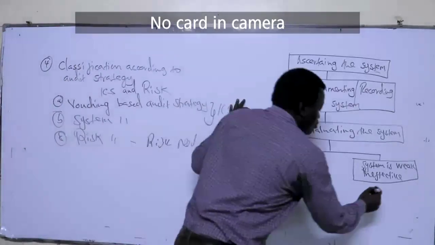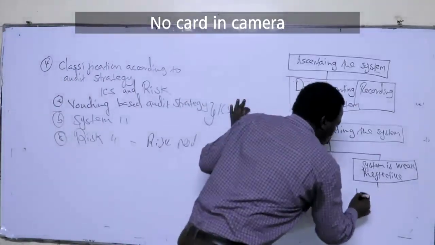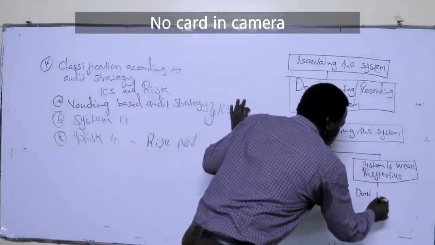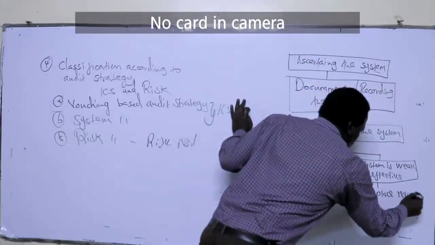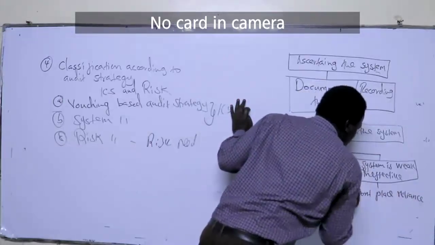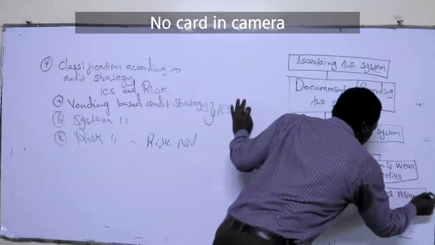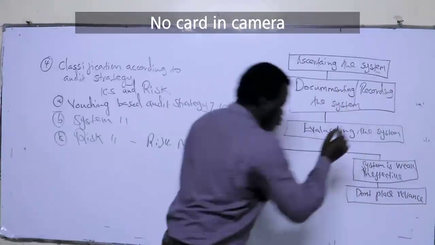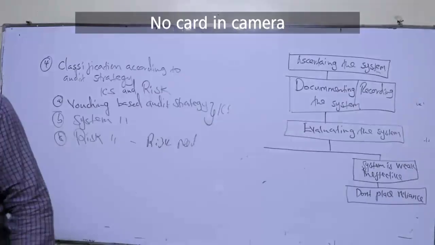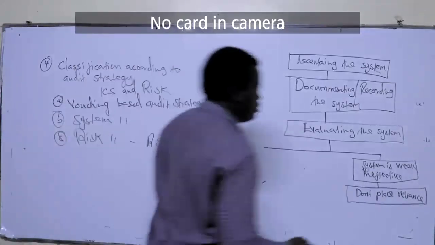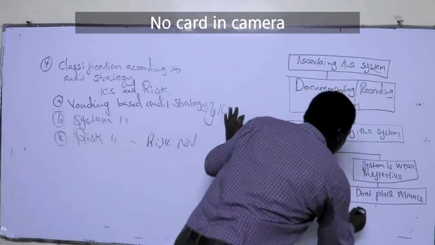So what happens? What action will we take? Don't place reliance on the system. If it has come to your knowledge that it is weak, don't place reliance. And if you don't place reliance, you're going to adopt